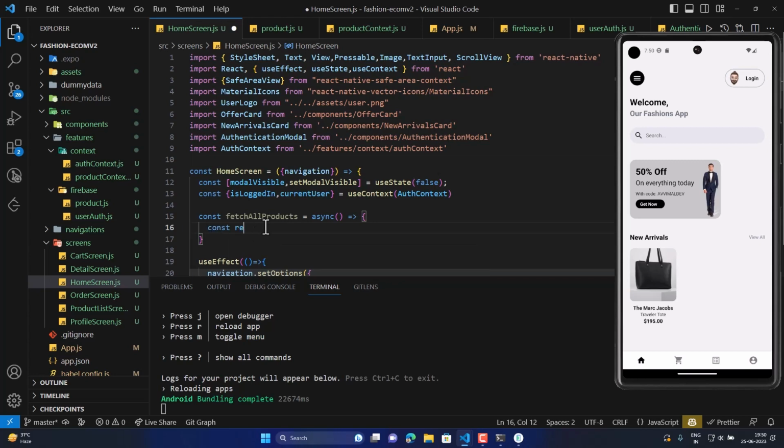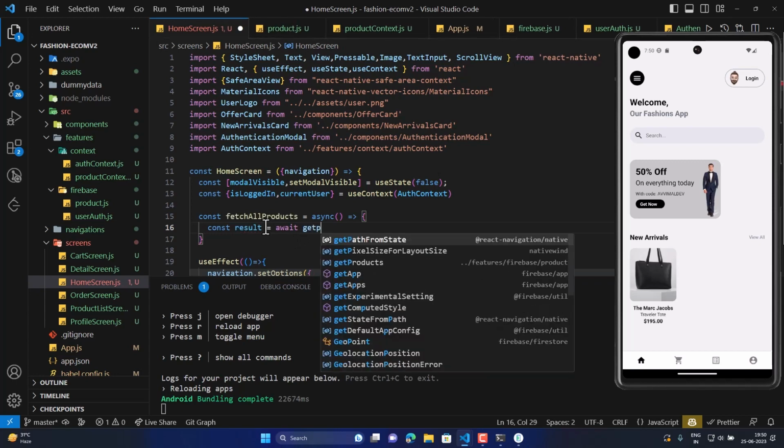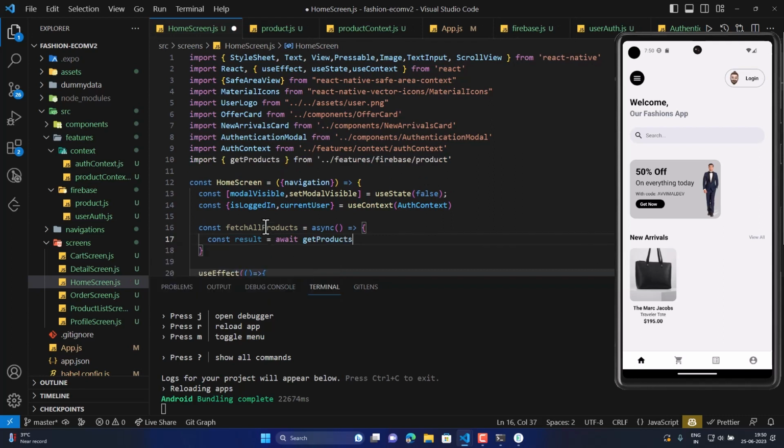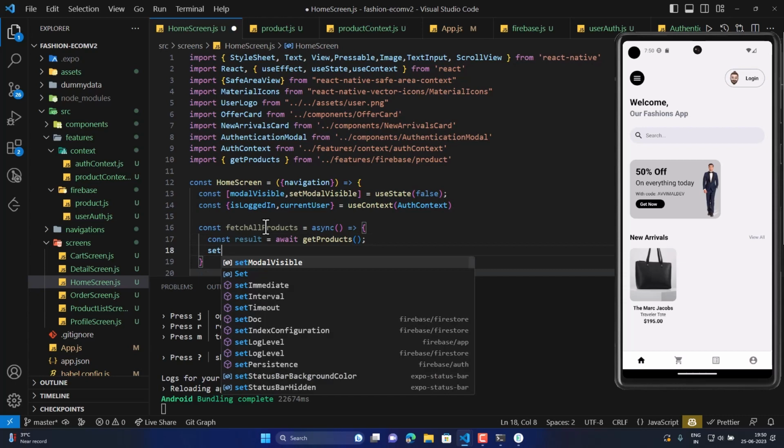So const result equal to, we'll just call the getProducts function which we created in the Firebase folder product.js file. Yeah, I will get products, and once the product is fetched,